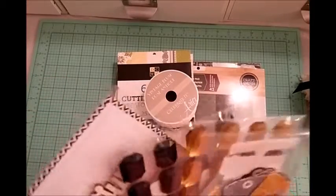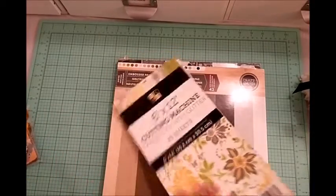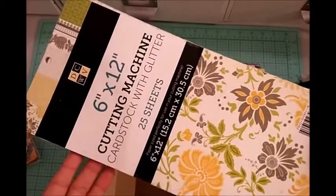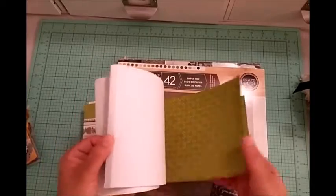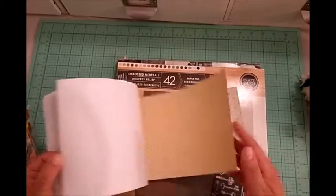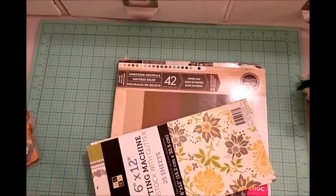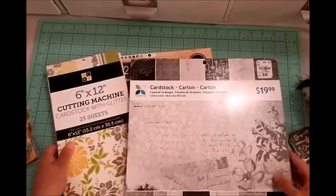Now, to match all this stuff, I pulled out this paper pad here, which was perfect as far as colors. The only extra color that it throws in is this little bit of green, which was fine. It wasn't too much. And I did use quite a bit. I didn't use this one, but I used all the other designs that are in here. This one, and then this one, which was my favorite. It does have some glitter in there, so sorry about that. I used that, and then I also used this one from